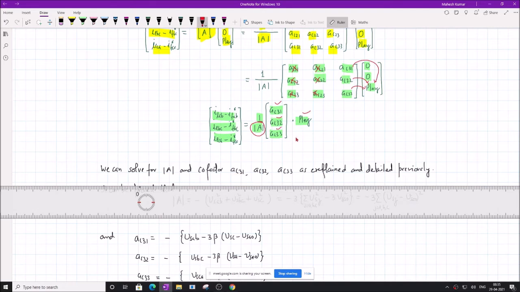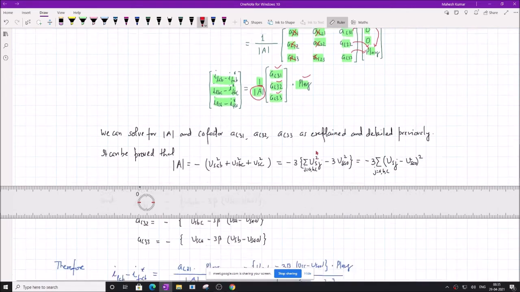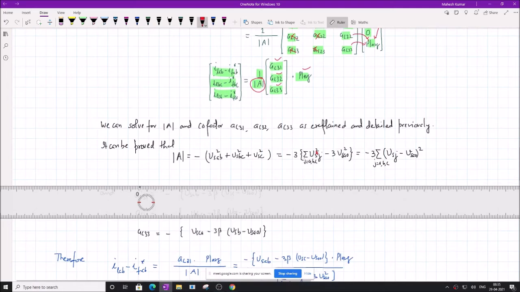Now we can compute these parameters in the same manner as we have done earlier, and you can verify what I got and what is proved in the book step by step. I'm not going to solve it again, but you try it yourself. Do not believe me. Whatever I am saying, you have to convince yourself by deriving this relationship yourself.